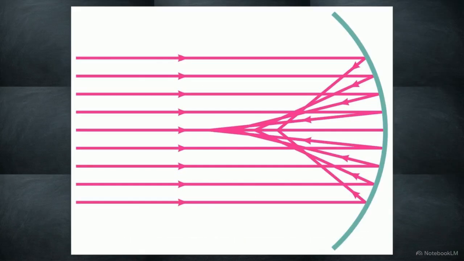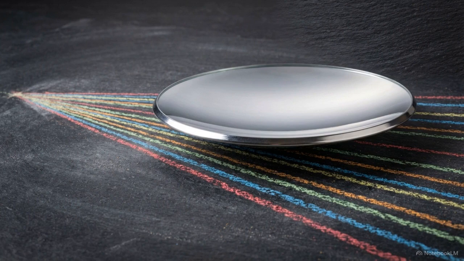But there is a structural limit. This diagram reveals what happens if the mirror's curve is too steep. The geometry at the extreme edges fails to perfectly align with the center. The outer rays miss the sharp focal point, creating a smear known as spherical aberration. To reliably predict image formation and avoid a blurry mess, optical engineering relies on small, gentle curves where the focal